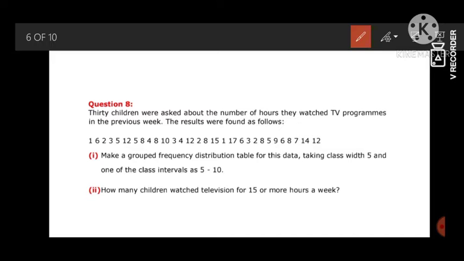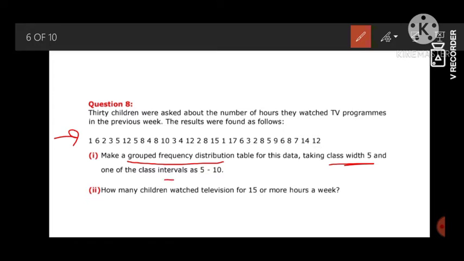The results are as follows. So this is our raw data of 30 children. We have to make a group frequency distribution table. The previous one is not a group. It was an ungrouped frequency distribution table. Now this one is a grouped frequency distribution table taking the class width or the class size as 5, and